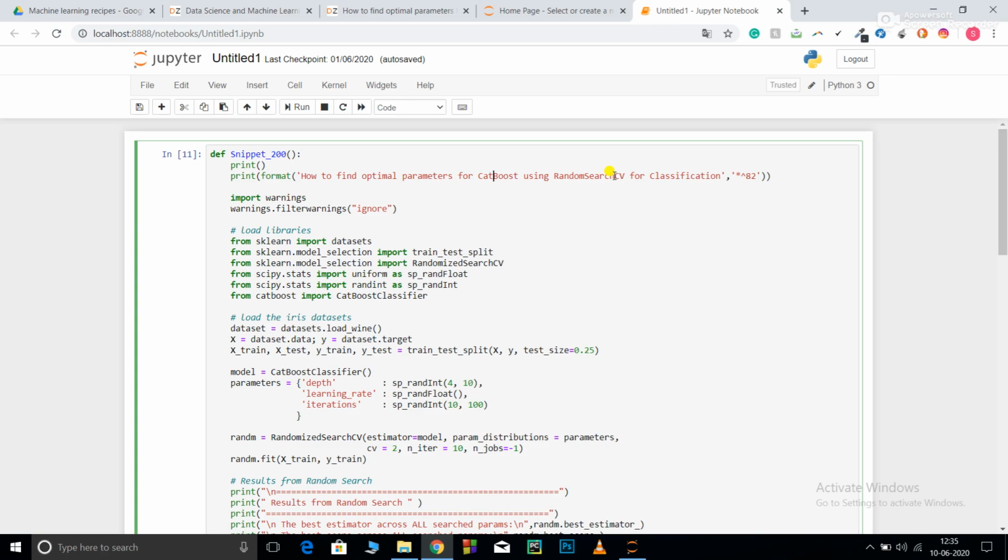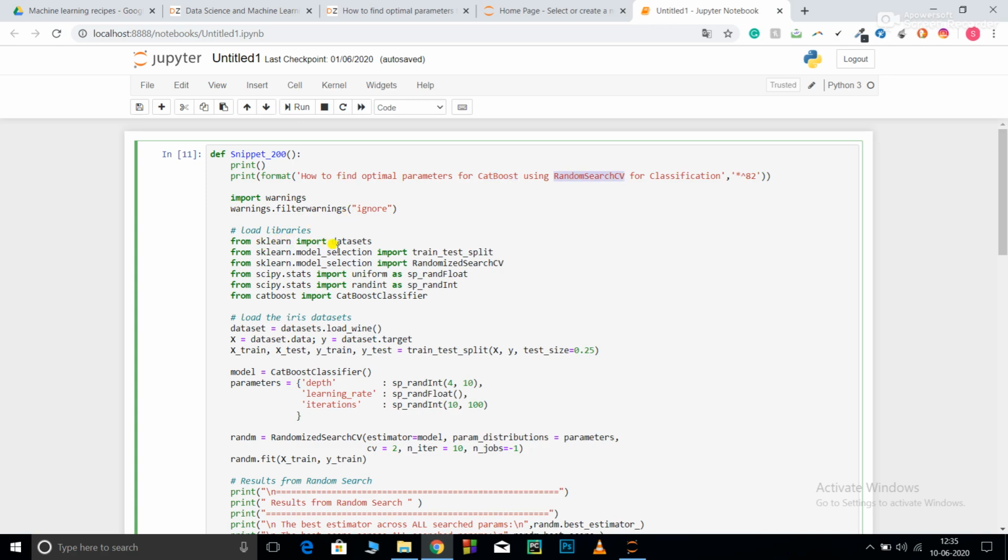Random search CV works on the principle that a random selection can give a much better result as compared to a sequential selection. So in this video we're going to work on a classification problem using categorical boosting as well as random search CV. Now let's get started with the code.